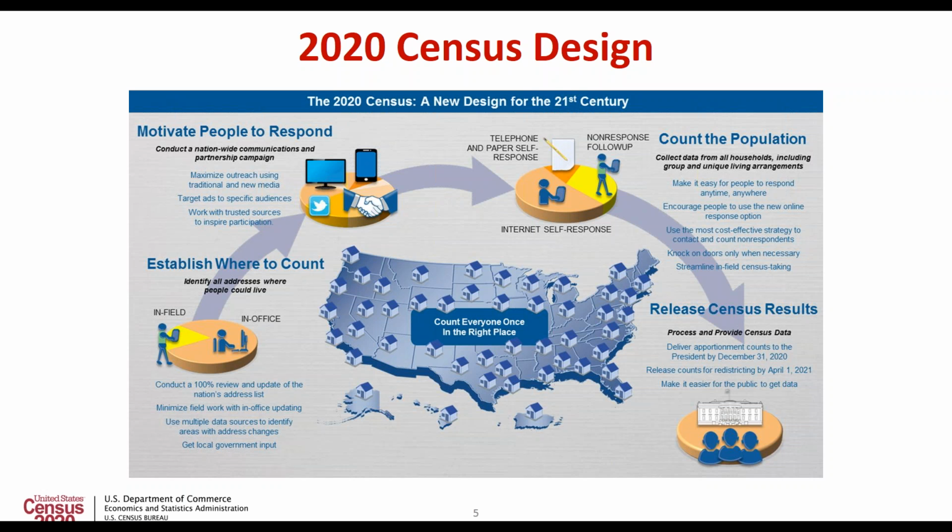If everyone in the United States just mailed in their census questionnaire, it would be a lot easier to do the census. Not everybody does that. So we have a lot of different methods to get the numbers in, which brings us to counting the population. This is the first year that you're going to be able to respond to census using your smartphone or online. We're going to have a postcard that has a unique identifier so that when you receive your postcard in the mail, you can just put that unique identifier in online and fill out your census